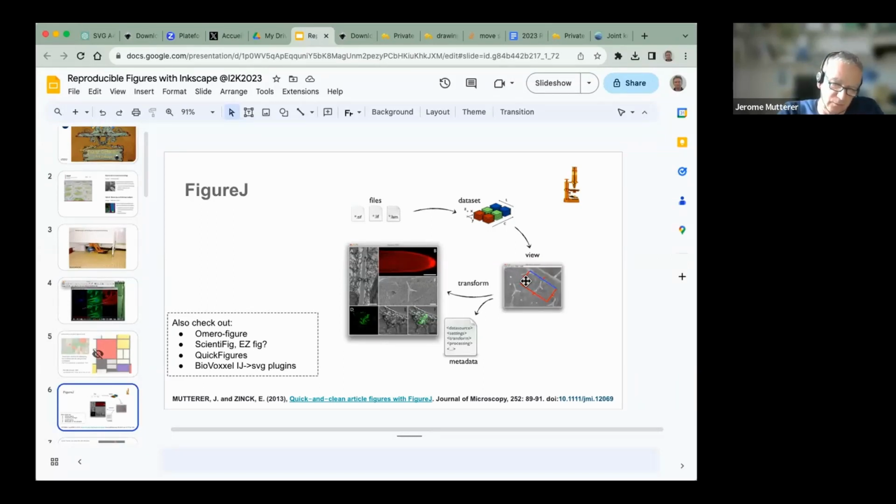And because you stay in the same software and you are inside ImageJ that reads many formats through Bio-Formats, you can also take advantage of this, and you can track whatever you do while you are creating the figure. So this adds to FigureJ some traceability of the image processing that is done during figure